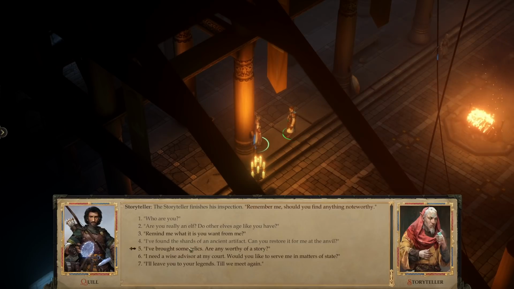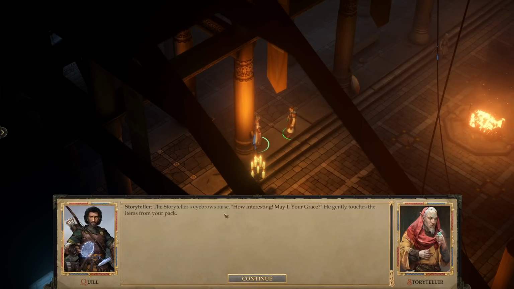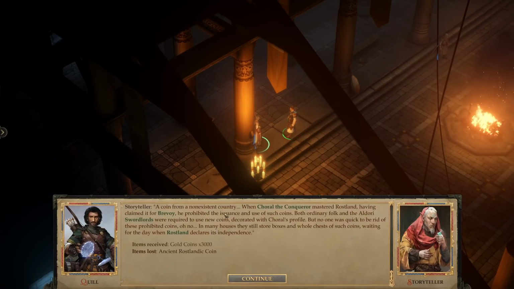Okay. Brought you some relics. Are any worthy of a story? Oh, these coins! A coin from a non-existent country. When Coral the Conqueror mastered Rosslyn, having claimed it for Brevoy, he prohibited the issuance and use of such coins. Both ordinary folk and the Algori sword lords were required to use new coins, decorated with Coral's profile. But no one was quick to be rid of these prohibited coins. Oh no, in many houses they still store boxes and whole chests of such coins, waiting for the day when